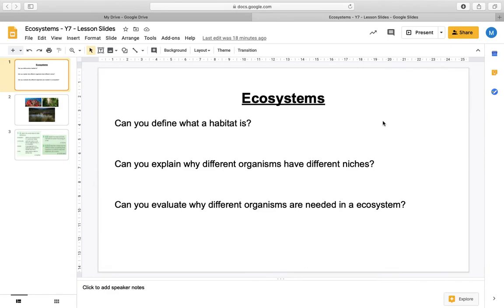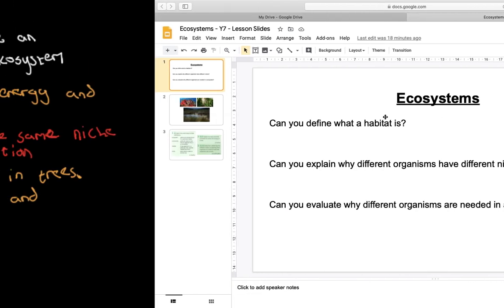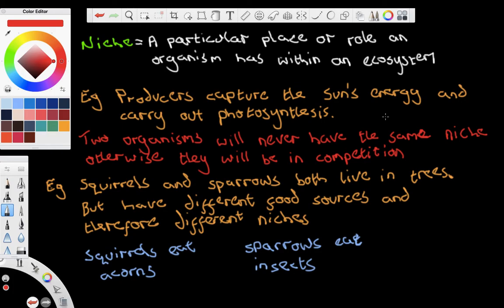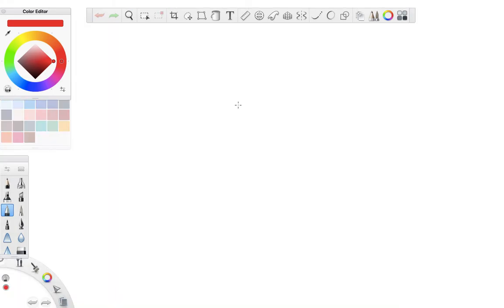So it says, can you evaluate why different organisms are needed within an ecosystem? So thinking back to what we said about food webs, ecosystems rely on different organisms to provide different food sources. If the trees were to die out, then obviously there'd be no producer, and therefore all of the food chain above it, or food web above it, would die out. Each organism has a role to play in an ecosystem to keep others alive. Okay? So the final thing we're going to write down,